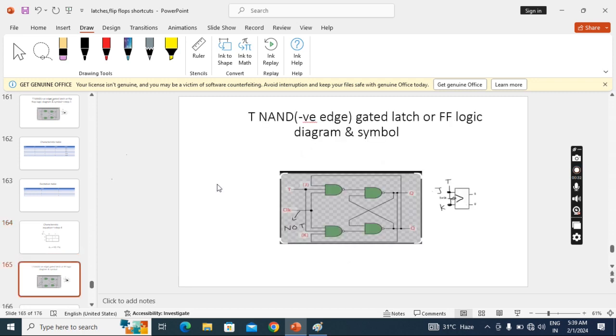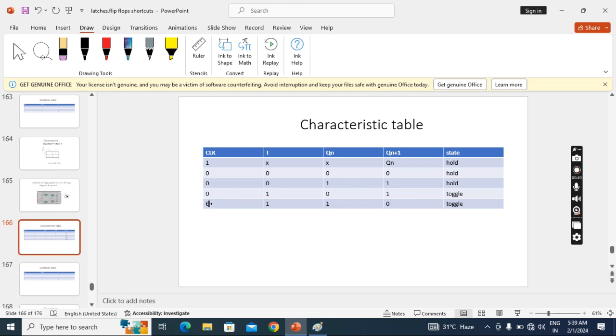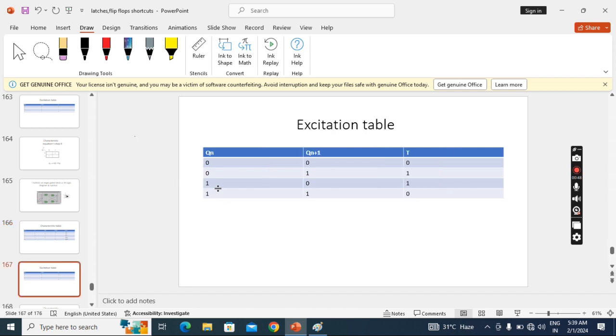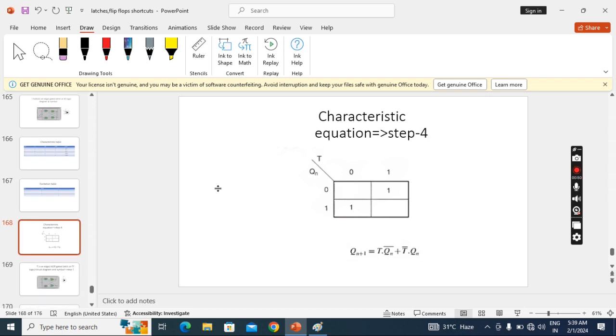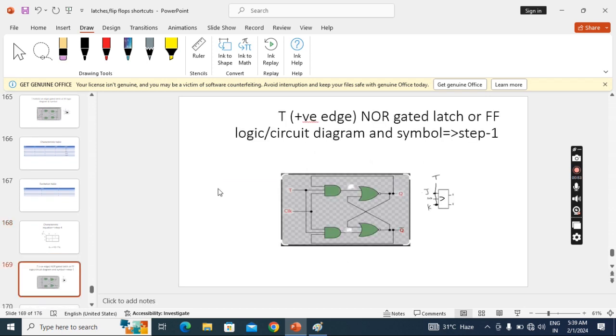Now with negative edge, here a NOT gate and here a circle and triangle symbol will come. So here the clock values work with edges. But in a latch it works with levels, remaining everything same. Excitation table, characteristic equation. Now with the NOR latch part, also with the positive edge, here the gates will change